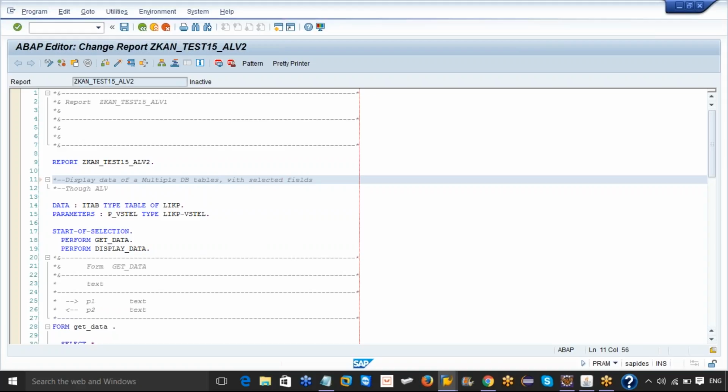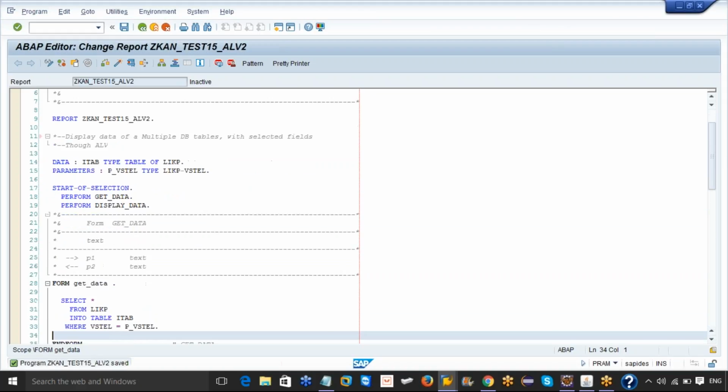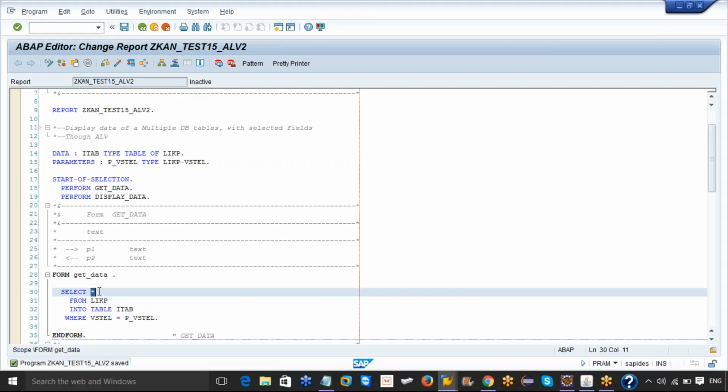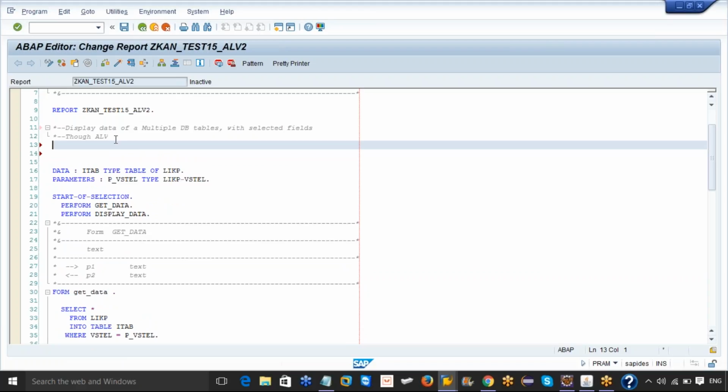So here, in the previous program what we have done is we kept a star. Because of the star we are getting all the fields. But now in this program I am going to provide only particular fields. So say for example, I want to give